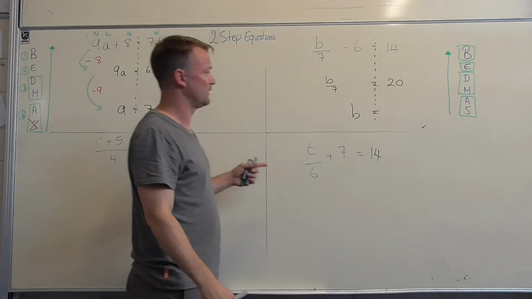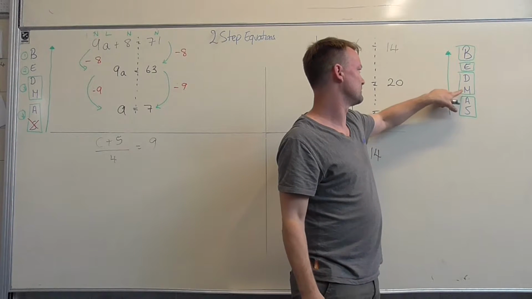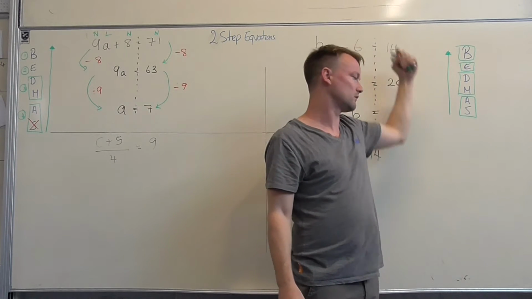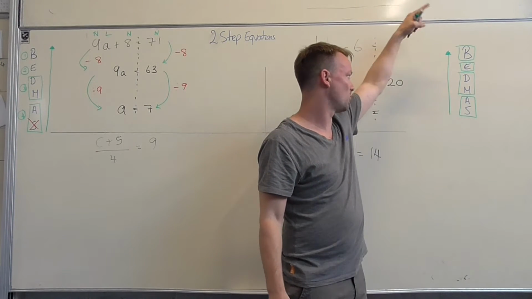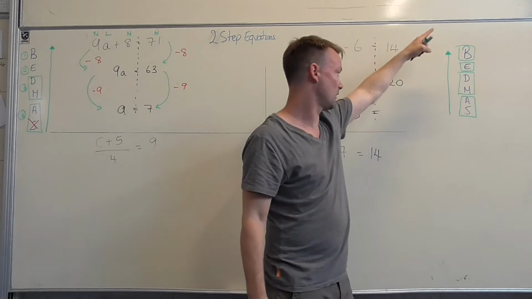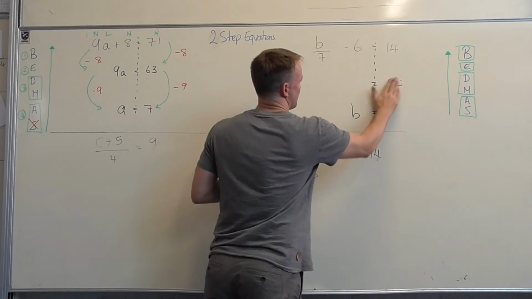For this one over here, I've still got BEDMAS written here. Subtraction, addition, multiplication, division, exponents and brackets. I work that way. So I'm working the opposite way to BEDMAS. In this case, bottom to top instead of top to bottom. If you're not sure, have a look. Okay, now,